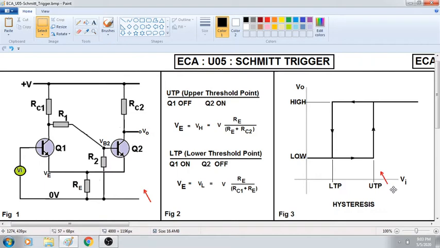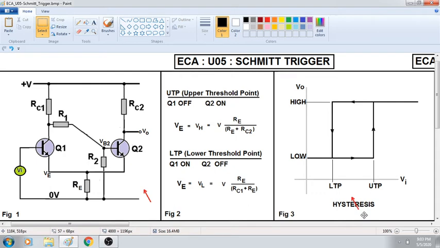Now what happens in this diagram is, please remember the input is there. So input will be changing from any voltage to any voltage. For example, it may be at 0, it may be increasing like this, then again it may come down, it may reduce to 0, it may go negative. Like this it will be changing. The input will be changing from some minimum value to maximum value. We are calling it the input. Now what will be the output for such an input signal when the circuit is